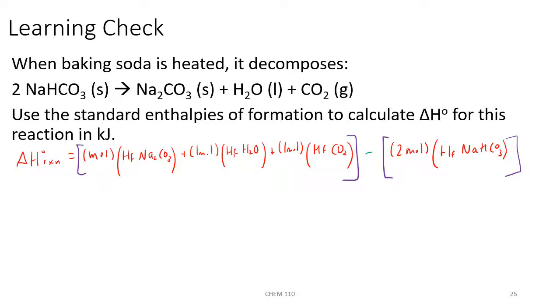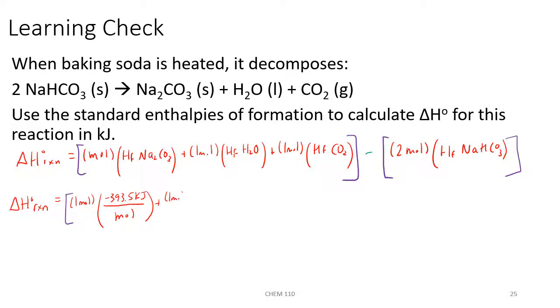We can look up on our standard enthalpy of formation chart what the actual values are and plug them in to this equation to calculate the overall heat of our reaction. So the heat of our reaction will be equal to, we have 1 mole times the heat of formation for sodium carbonate, which is negative 393.5 kilojoules per mole,